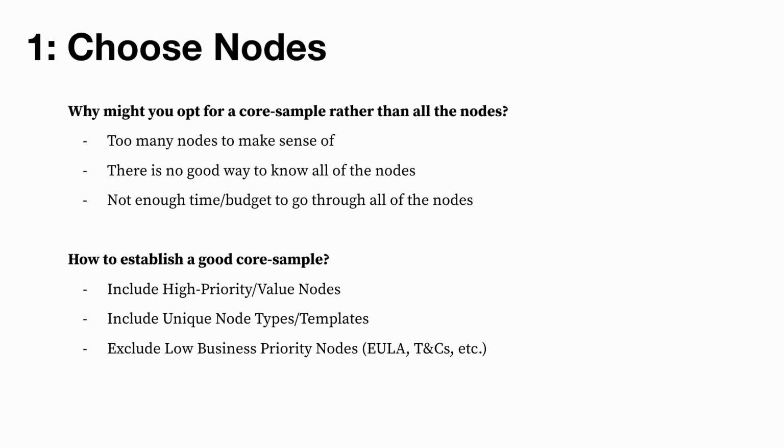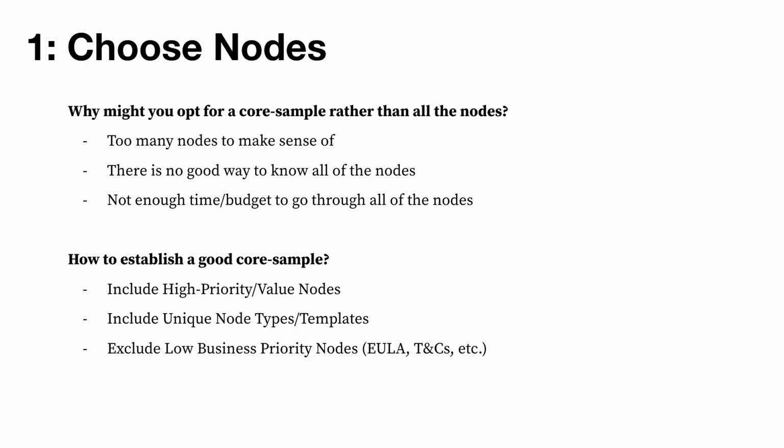Well, sometimes it's just too many. Millions of pages, right? Nodes, it could be pages, it could be page states, it could be screens in a flow that kind of moves along almost on its own. So sometimes there's just too much to make sense of, and so we can't do it all. Or sometimes no one actually knows all of the nodes. And so to say that we're going to do all of them is a lie. And so we're just going to do a core sample of the important ones.